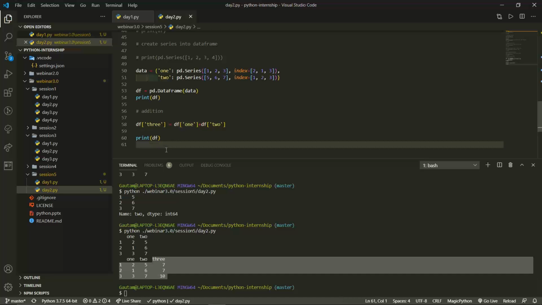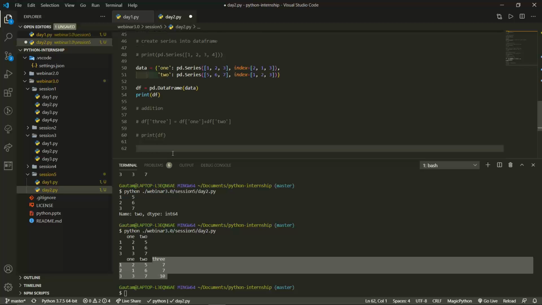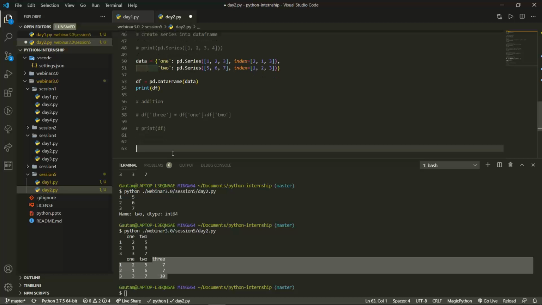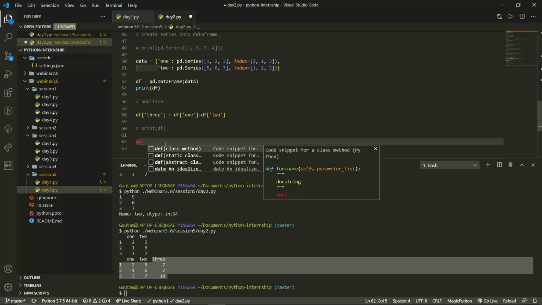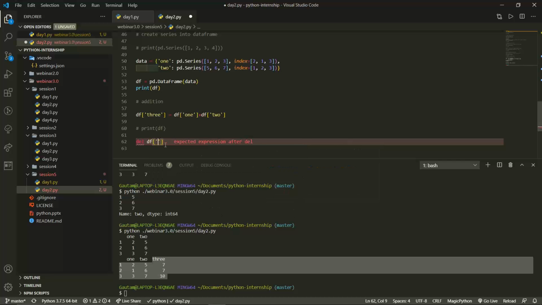One method is del, another method is pop. So we'll just take this and delete it. For example, if you want to delete df1,